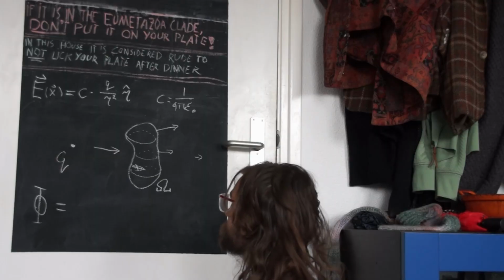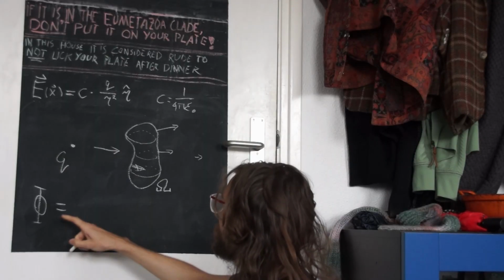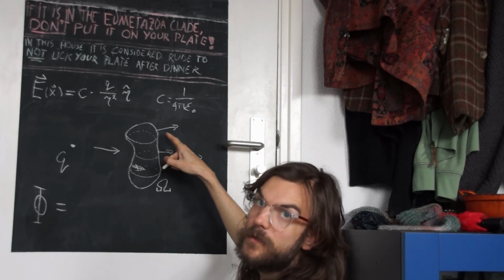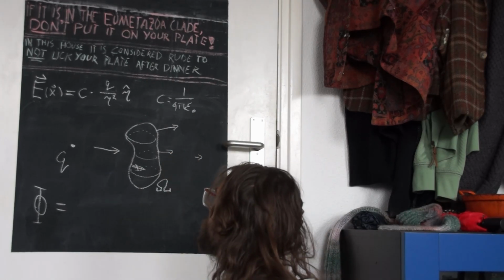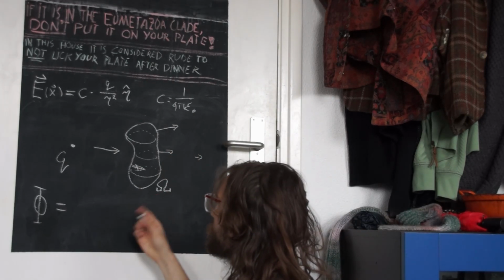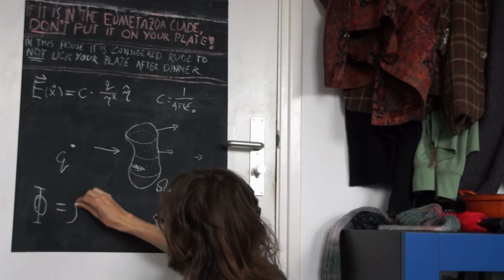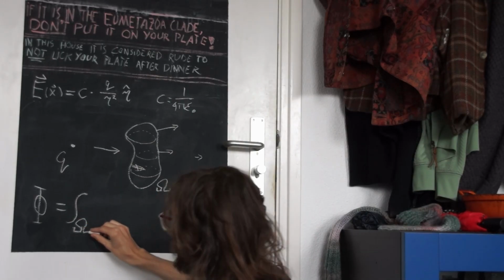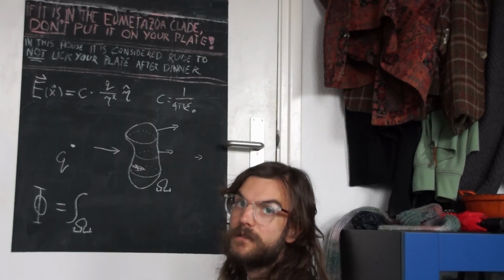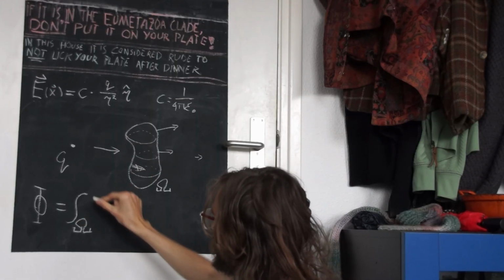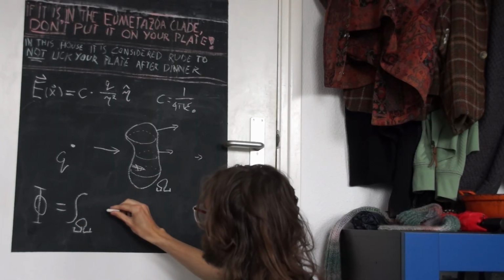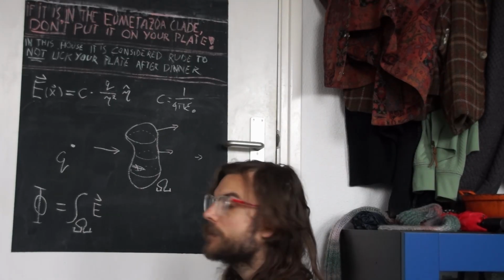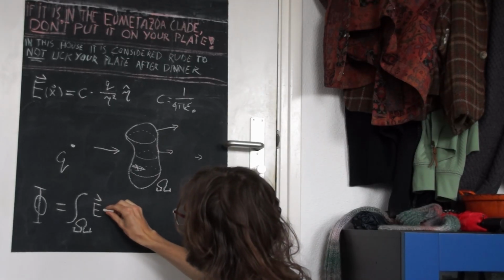So the flux is counting how many arrows go in and subtracting how many arrows go out of our shape over here. And you calculate it with the integral over omega, which we denote like this. This is an integral sign. And then we take our vector field, in this case the electric field, and we take the dot product with